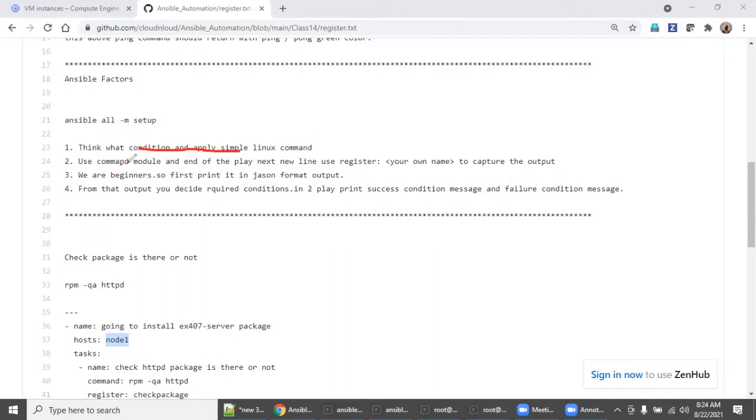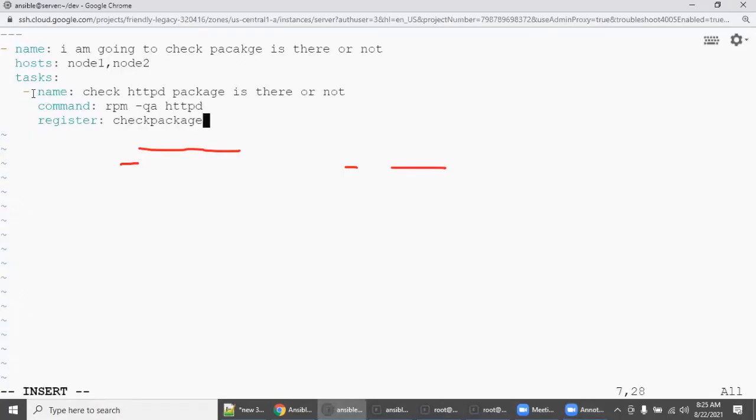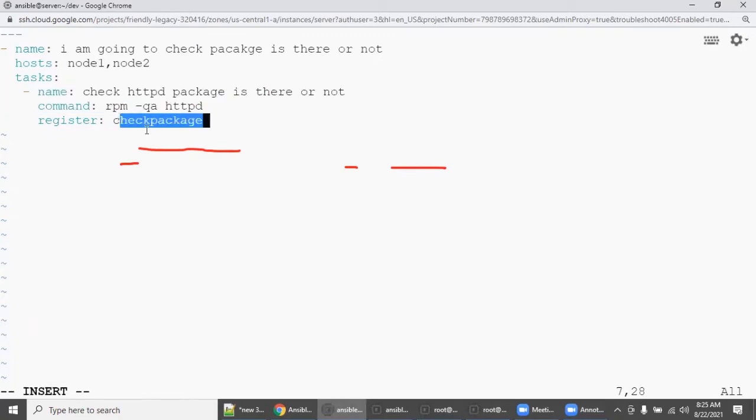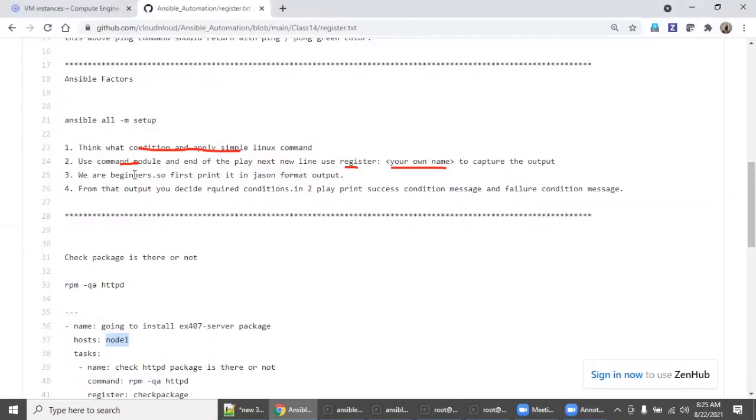Then use the command module and apply that command. And while applying, in the next line you should use register and some name, so that, look at this, see here, this output will be stored in this register, right?